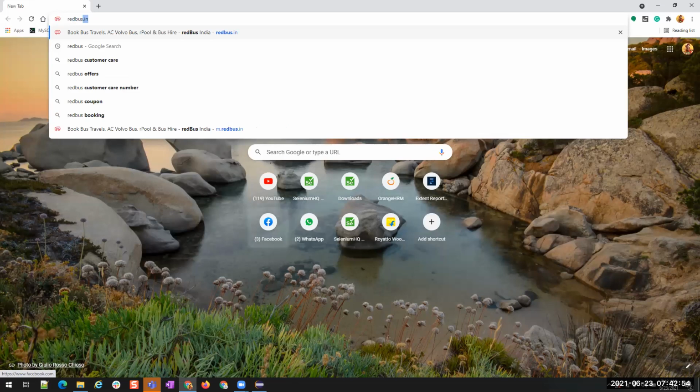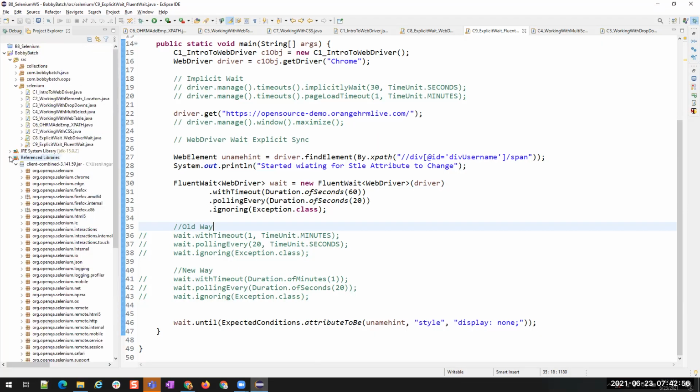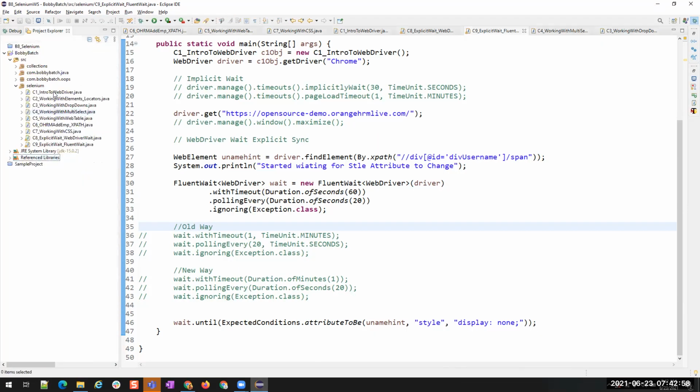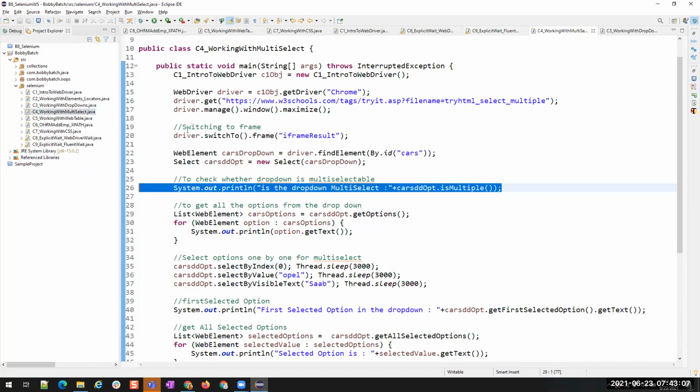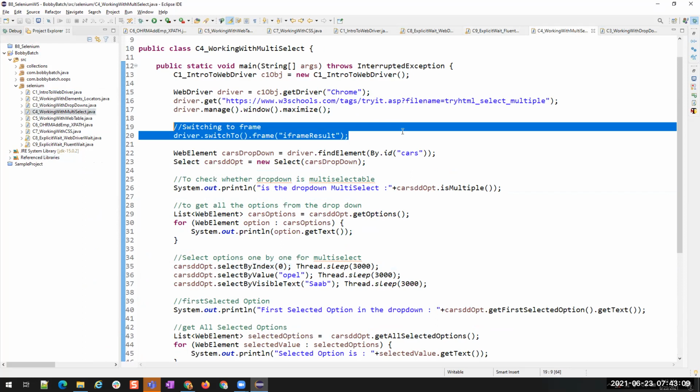I think we already wrote some code for frames as well, where we were discussing multi-select. In multi-select, I did one extra operation and I told you we will discuss this later, right? Do you remember that, or did you forget? Yes, we remember. I told you we will discuss it later when we discuss frames.